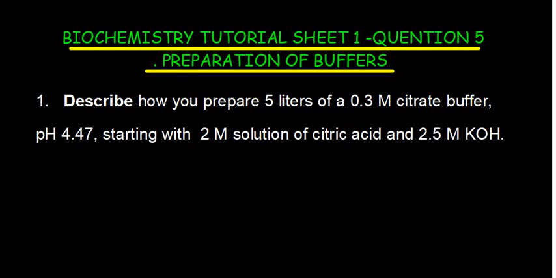So how can you describe how to prepare 5 liters of a 0.3 molar citric buffer whose pH is 4.47, starting with a 2 molar solution of citric acid and 2.5 molar potassium hydroxide? So what I'll do is this. First of all,